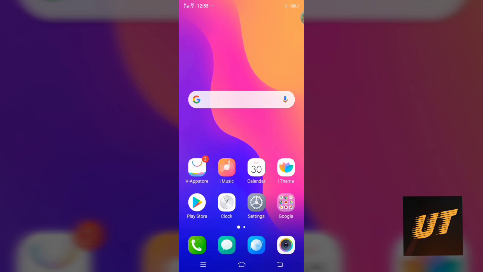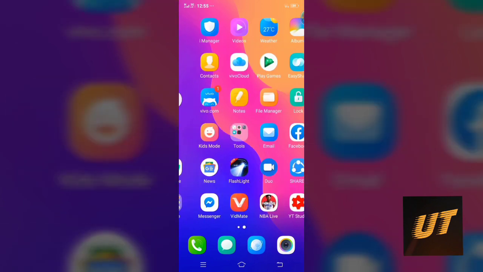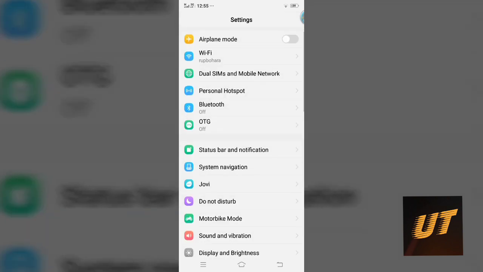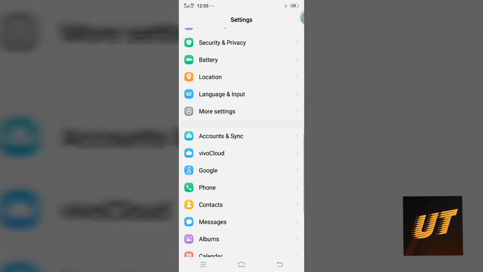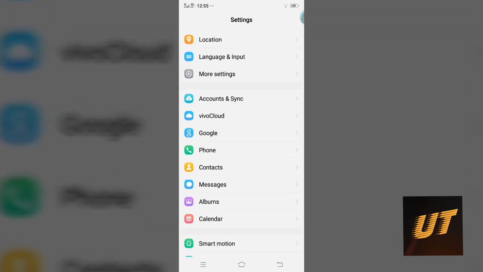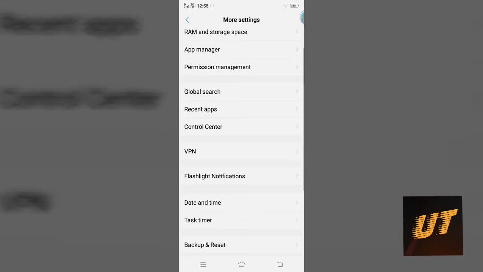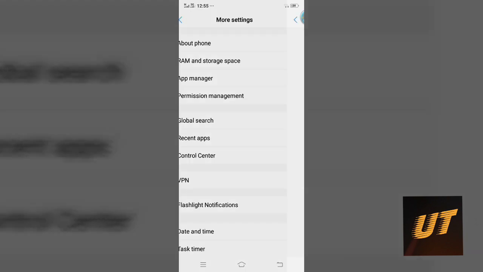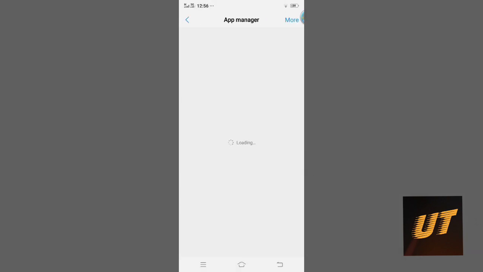Last but not least, we should go to settings, and this method is the most important method to fix this type of problem. First of all, you should go to settings. So I have more settings in my device, and I will go to app manager, tap on apps,